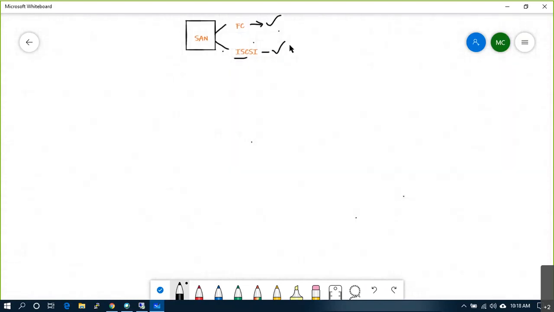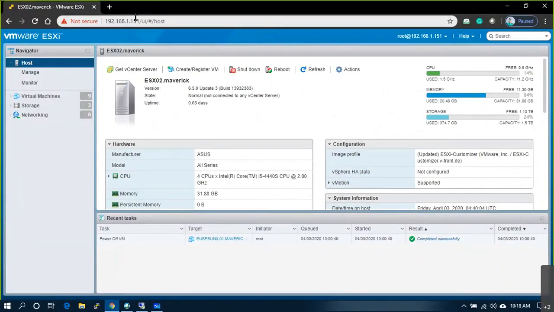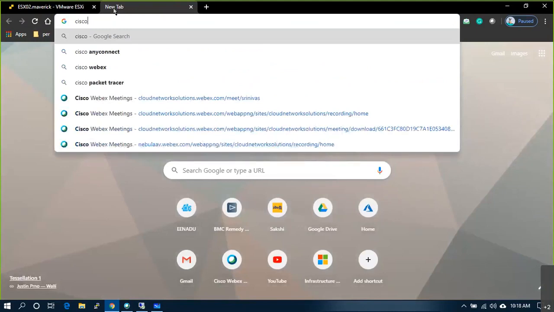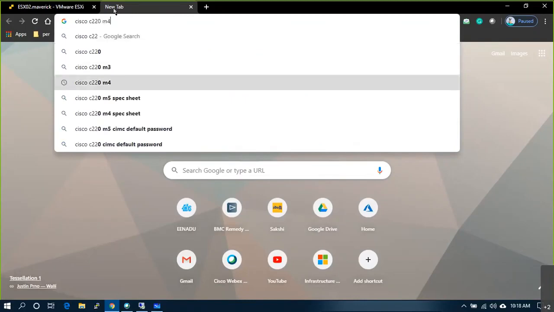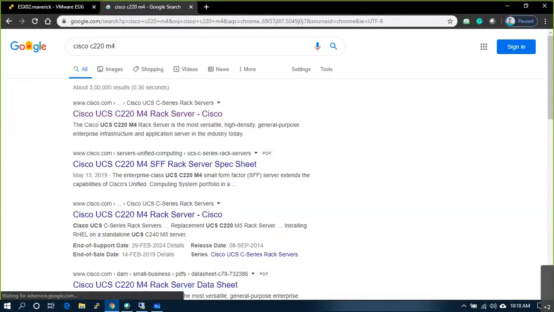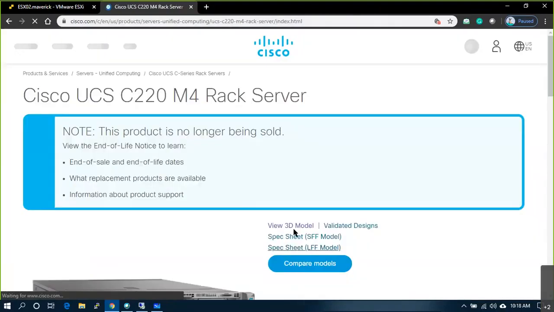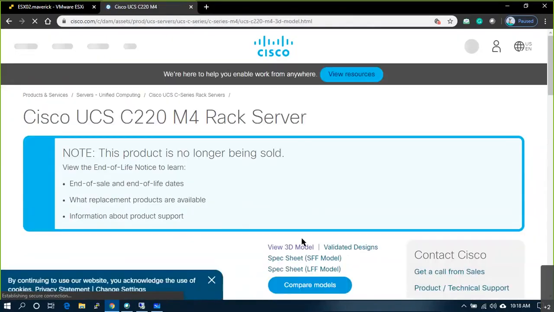In real time, if you want to implement iSCSI, what are all the things that we need? Let's understand first. So go back to the Cisco MCT20 M4. I just want to show you that extra part that we are missing.